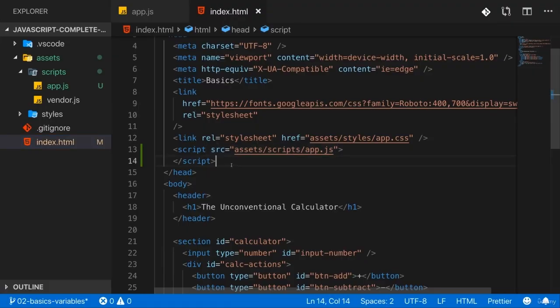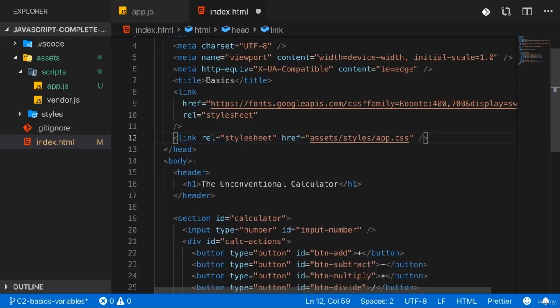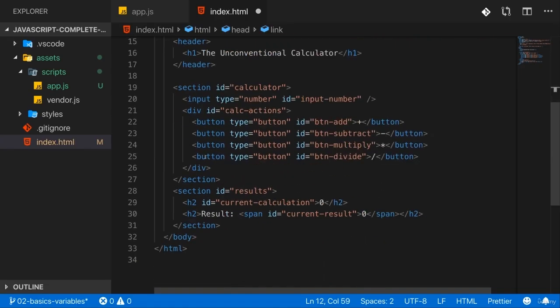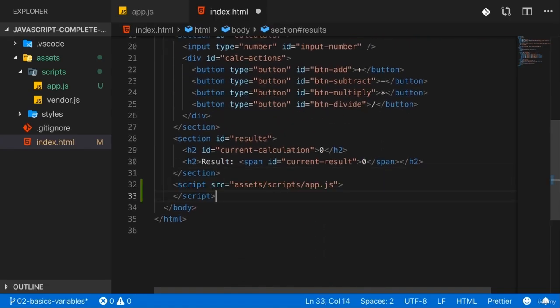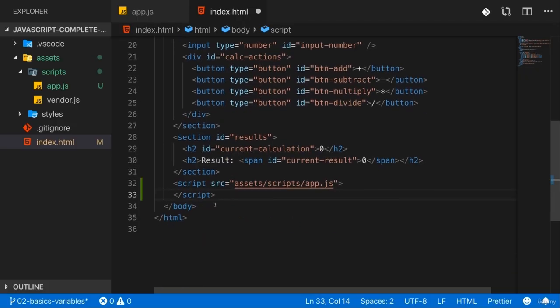One problem we're facing here is that this blocks the rendering of the page until the script is done. And in the case of an alert, the script is really only done when the user confirmed the alert, so when we close the alert. To make sure that the page loads first, we can do one simple thing. We can take the script out of the head here, and move it to the end of the body, so that the browser has a chance of first parsing all the HTML code and finishing that rendering